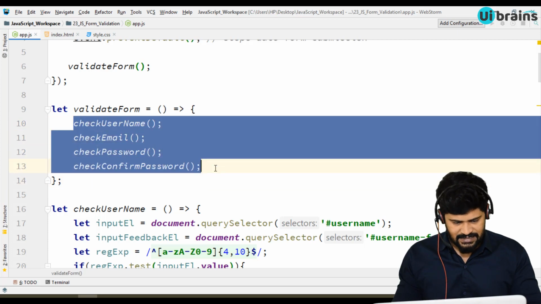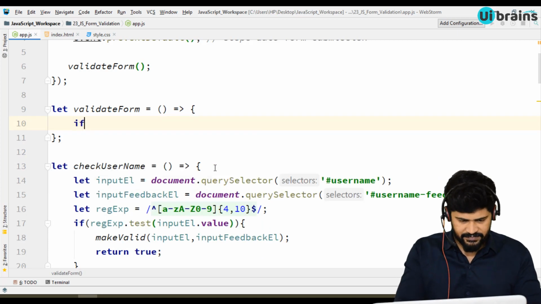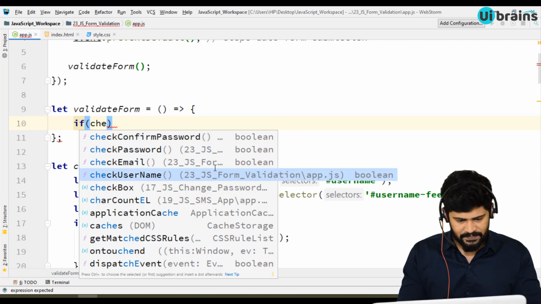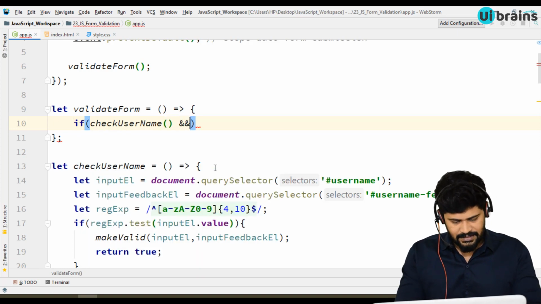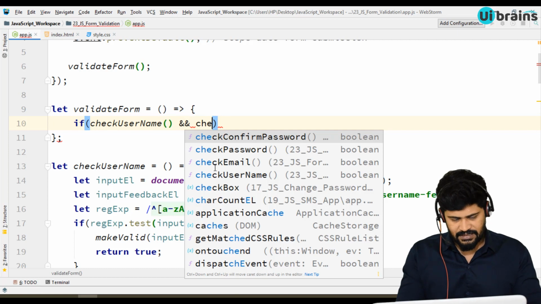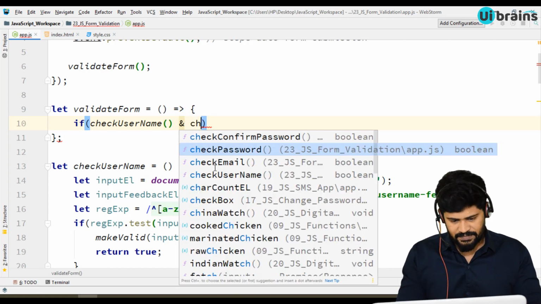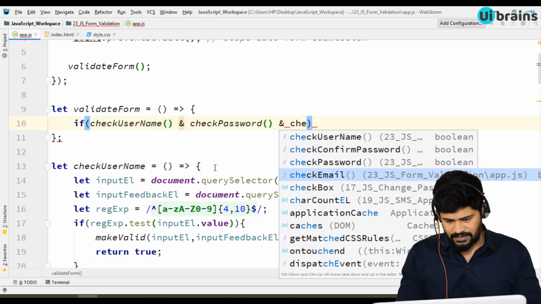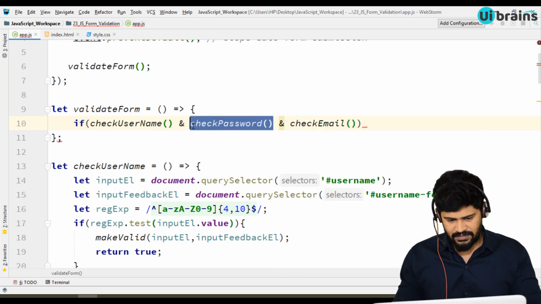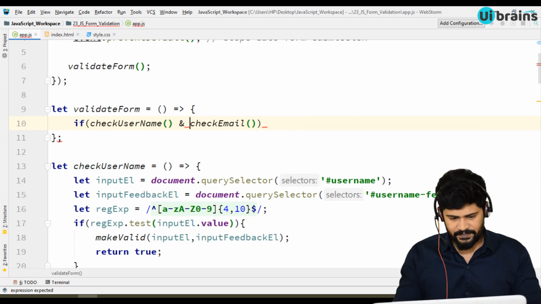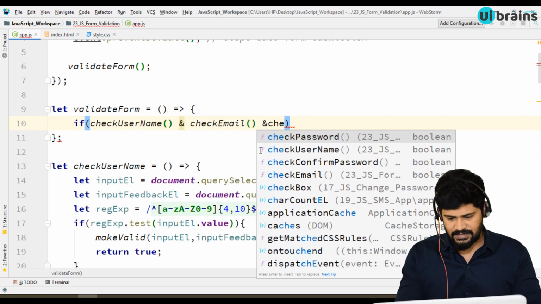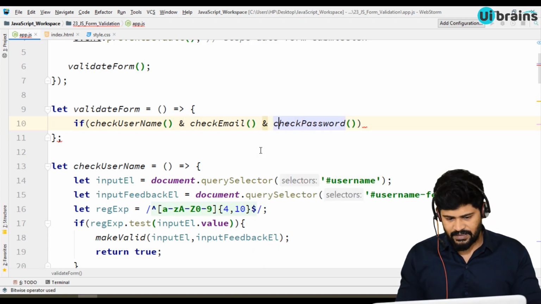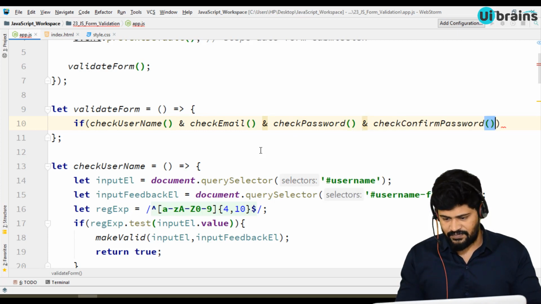Let's make it like this. Let's call if checkUsername and checkEmail and checkPassword and also checkConfirmPassword.